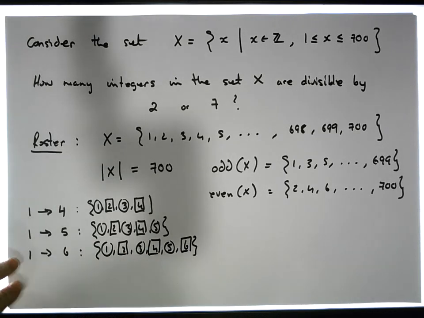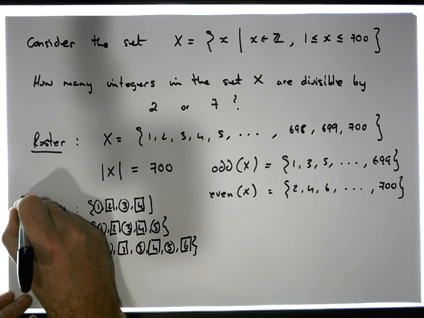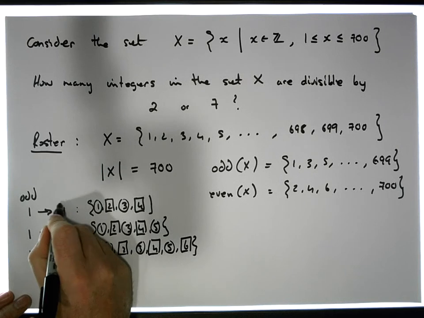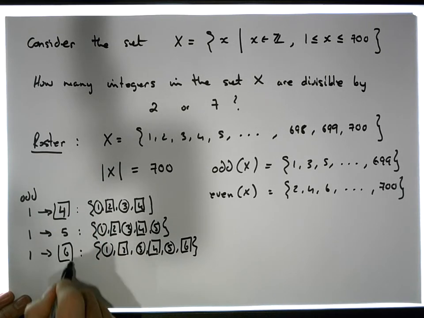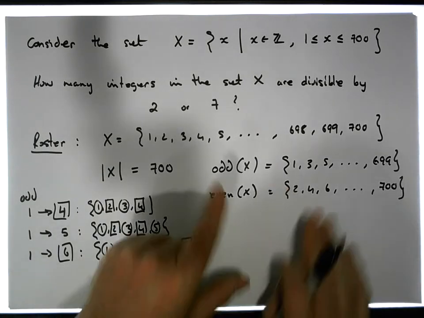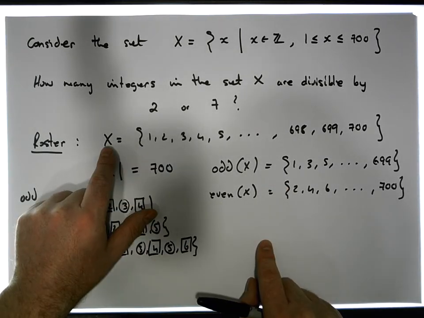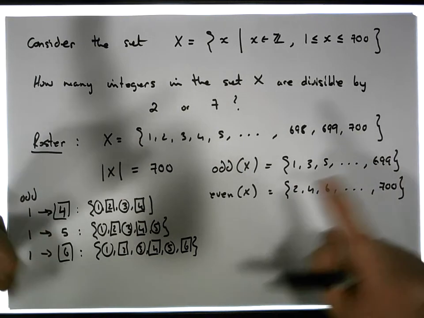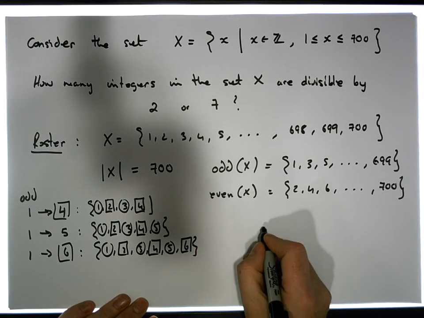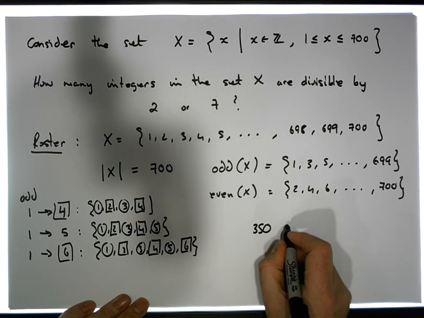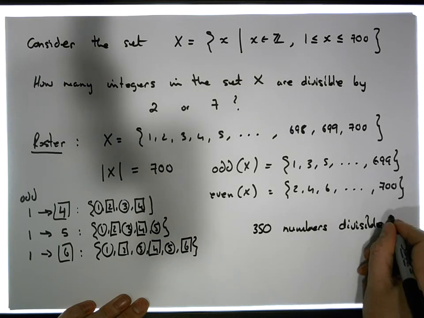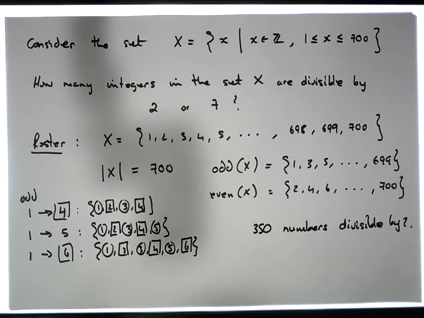You can probably see a pattern here. When we start off with an odd number and we end with an even number, there's the same number of odds and evens in that particular list. In our situation, our set is going from an odd number through to an even number. There's 700 of them. There needs to be the same number of odds as evens. So in this case, there's 350 numbers divisible by 2. Okay. What about the numbers divisible by